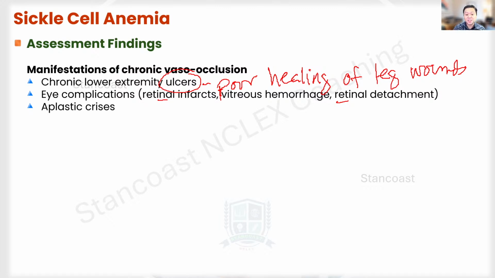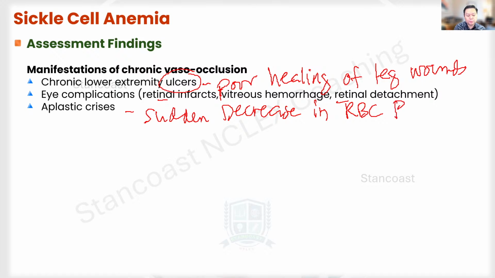Now, another possible manifestation here will be the aplastic crisis, wherein the severe anemia is going to occur because of a sudden decrease in the red blood cell production. So they're going to end up with that aplastic crisis. And of course, remember about that ongoing occlusion, poor blood supply into the bones, which are actually going to create or produce the red blood cells. So in turn, this can lead into an aplastic crisis, which will cause a sudden decrease in the